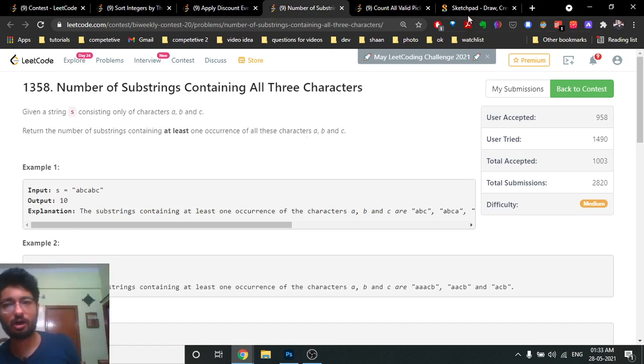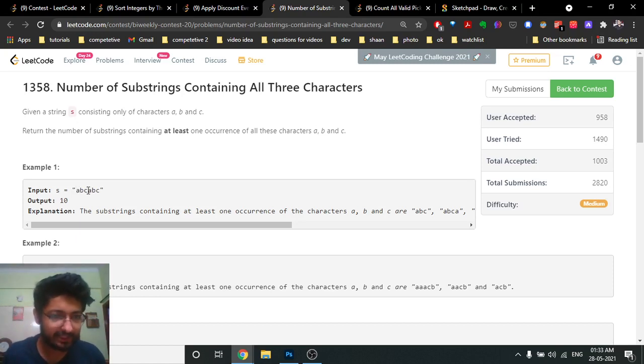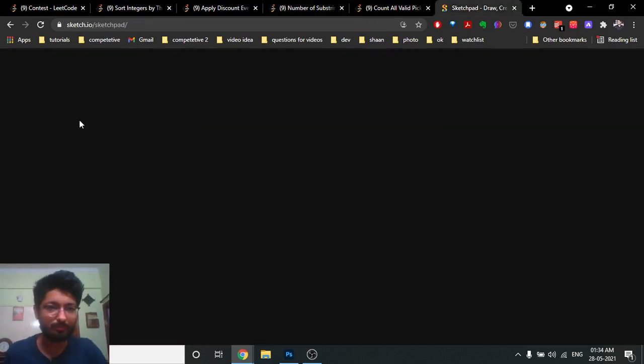First I thought about how to solve this problem, but then I realized that if I move from left to right and find A, B and C, then at the point I encounter A, B and C, all the substrings after that are also valid. If I take A, B, C as one string, I can also take this as a substring because it has A, B, C. I hope you get the point. So every substring after getting the first A, B, C part is also an answer. I just use a 2-pointer technique. The first pointer is standing at the first point. I will tell you with this example only.